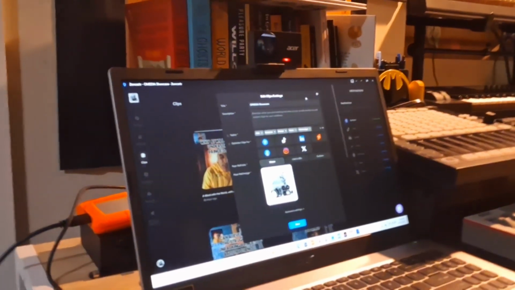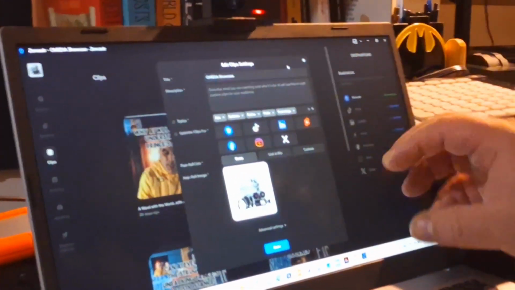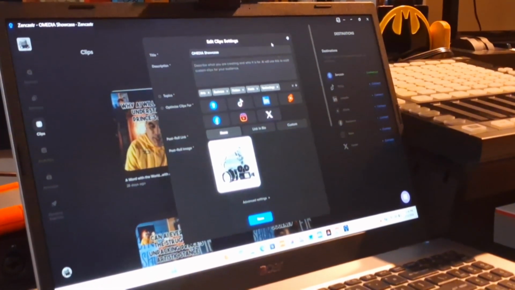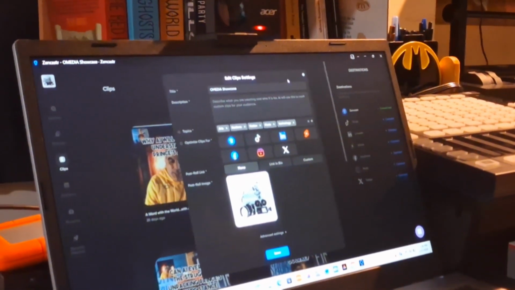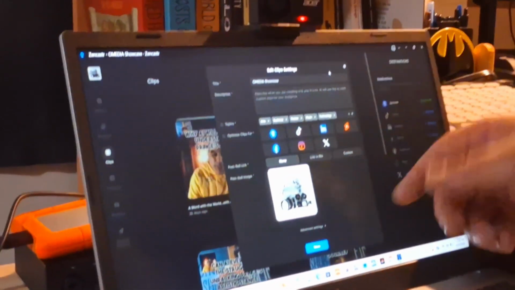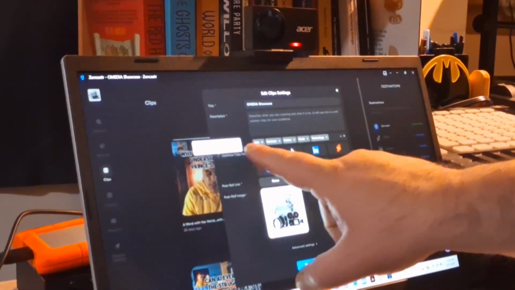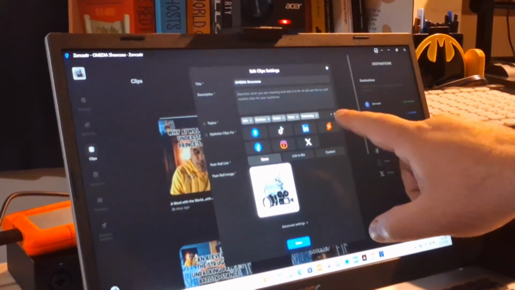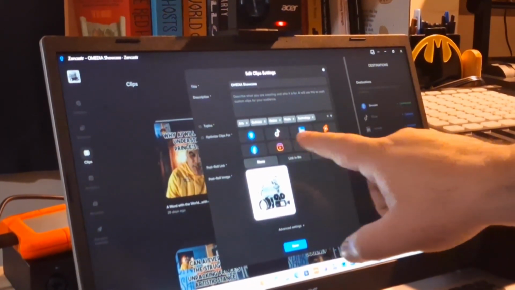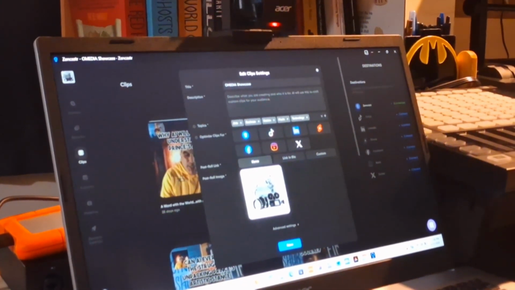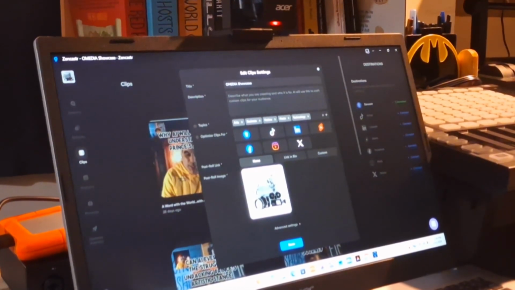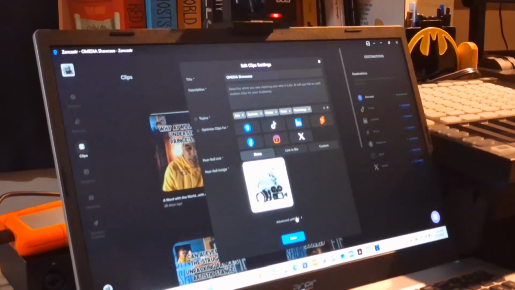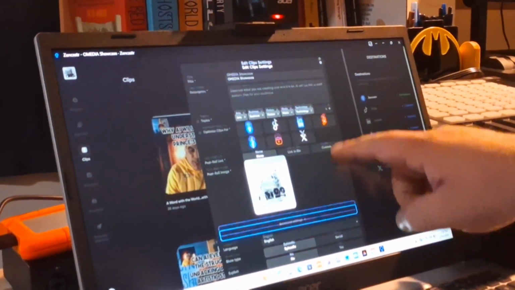Here's your settings where you could give a brief description. You can actually group these clips into one continuous video where it goes from one clip to another to another. You could give a description of it. You can also add some topics. And then you can feed these clips into different platforms. And then you could put your logo as well. Then you come down here. You have some advanced